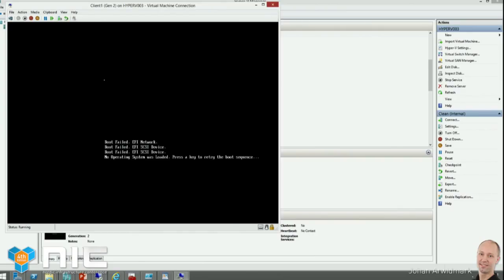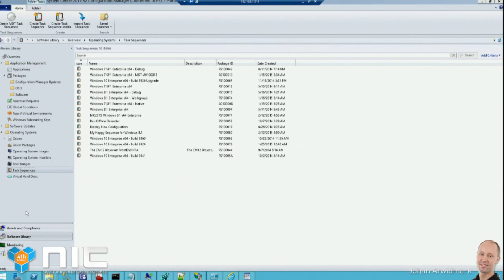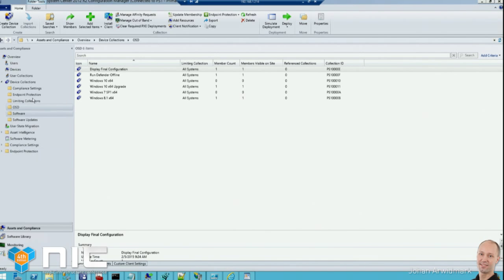Okay, it failed. Why couldn't I PXE boot? How do you troubleshoot this? The SMSPXE log file, which is on your distribution point. So in this case, I know why it failed. Or I hope I know why it failed. Otherwise, this will be an embarrassing demo. I have deployed this machine once before. And when you do,